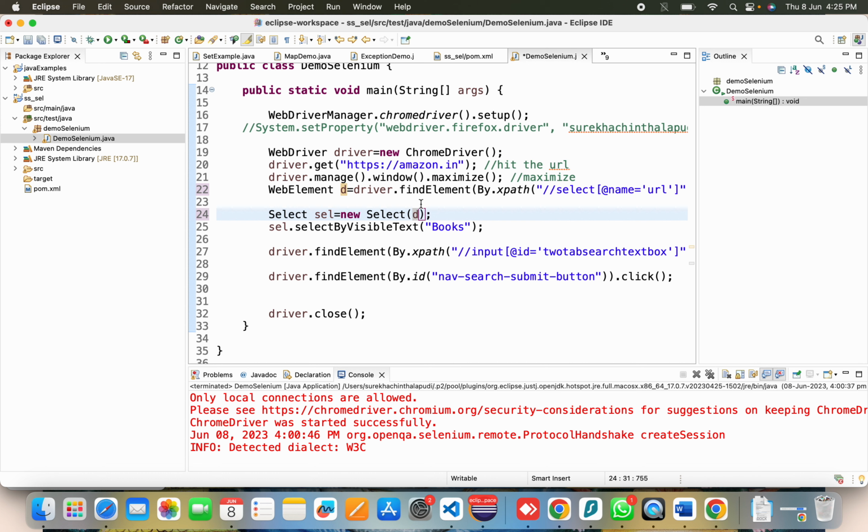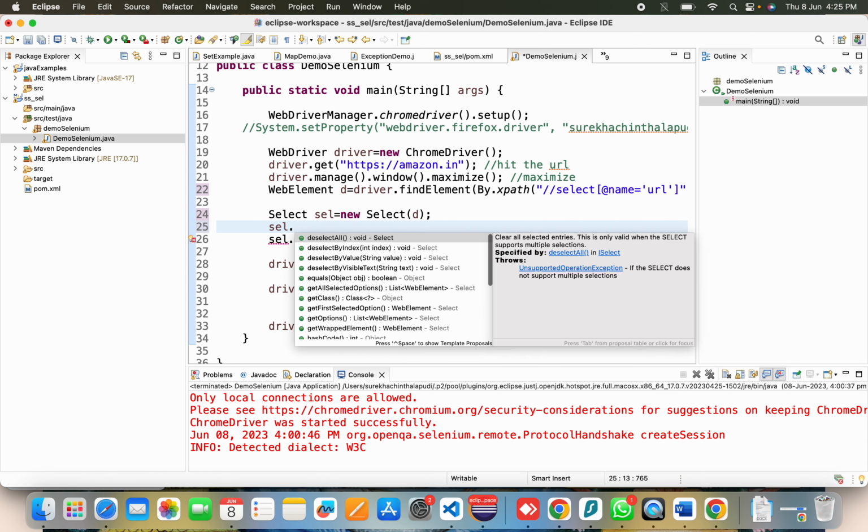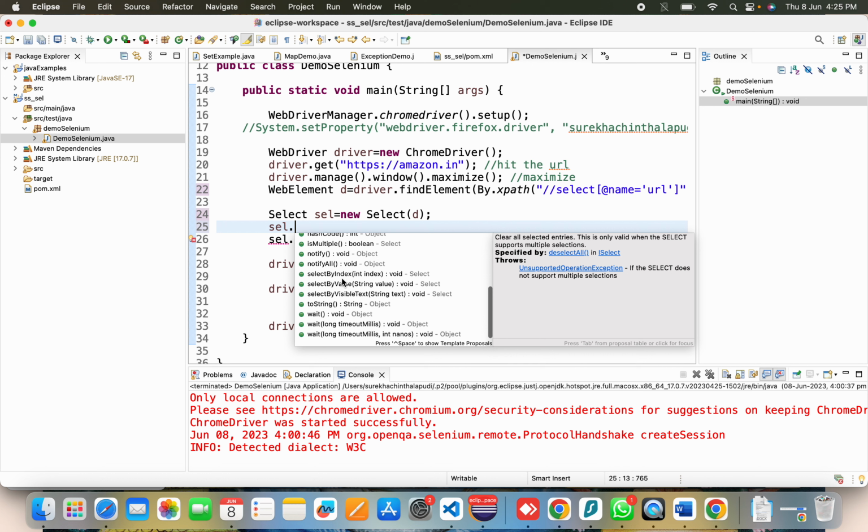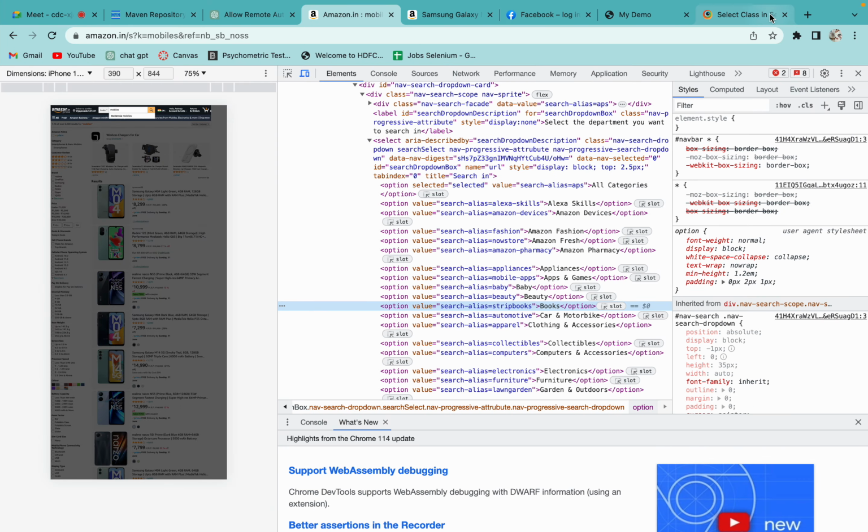Now what I have done: once this object is created for the Select class, the Select class has multiple methods in it, like deselectAll, deselectByIndex, deselectByValue, which means unchecking. And if I want to select the values, then I am using selectByIndex, selectByValue, selectByVisibleText. Sometimes in a drop down you can select multiple options, right? Some of the drop downs can, if you see a multi drop down,